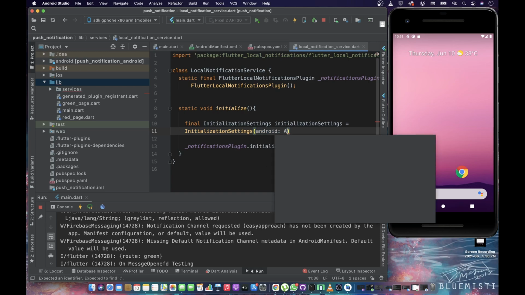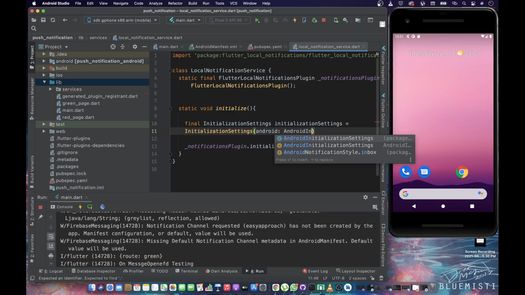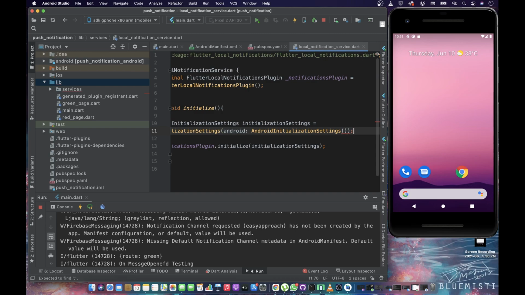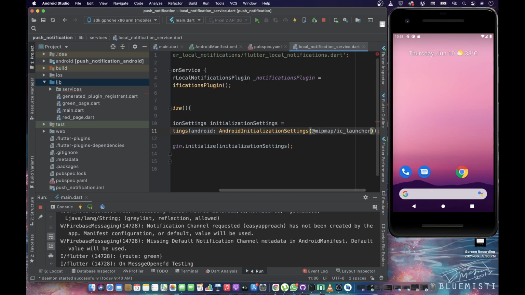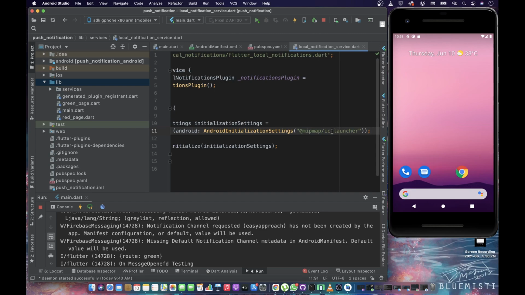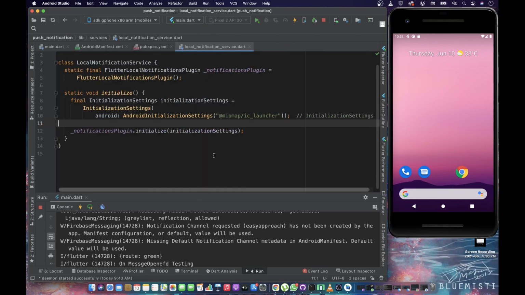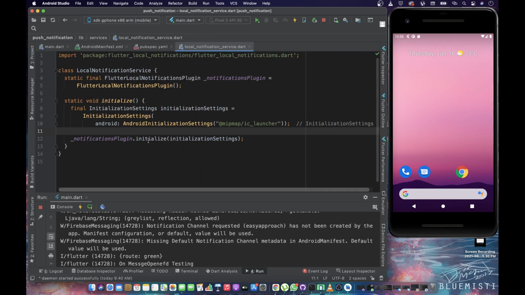So let's just define Android initialization settings, and you just have to provide here the icon, the default icon for the notification. So we are just going to give here the reference of the Flutter logo, which is our app logo. So inside it we will have this reference, which is the default icon. So let's make some more space. Okay, so now we have